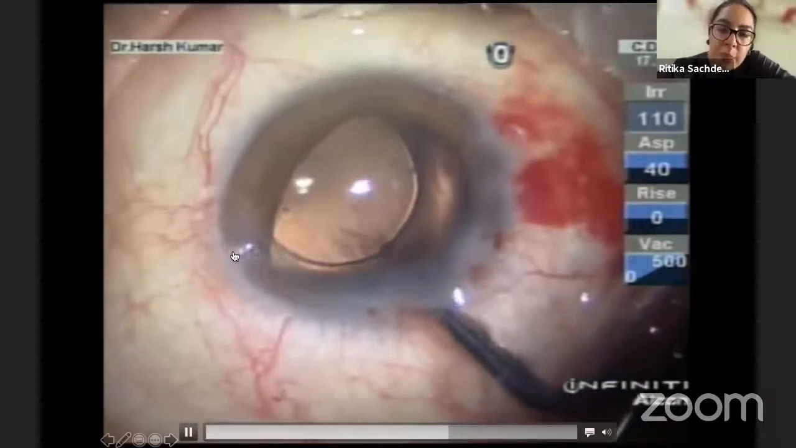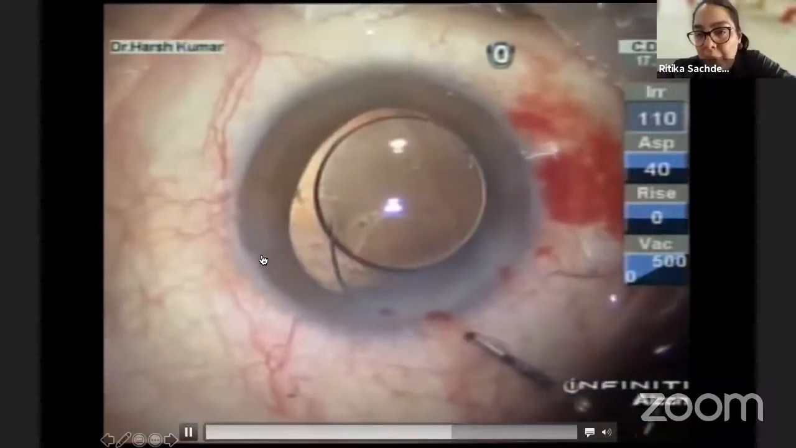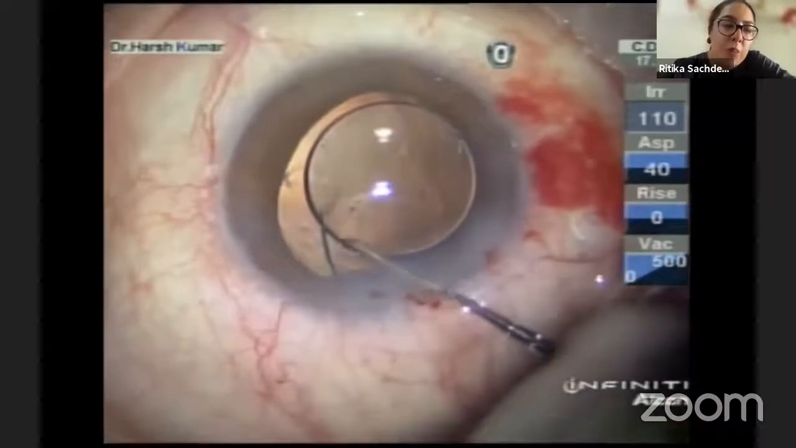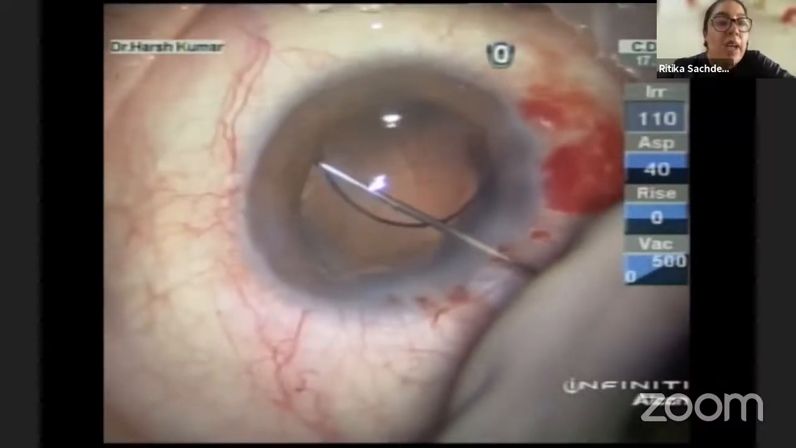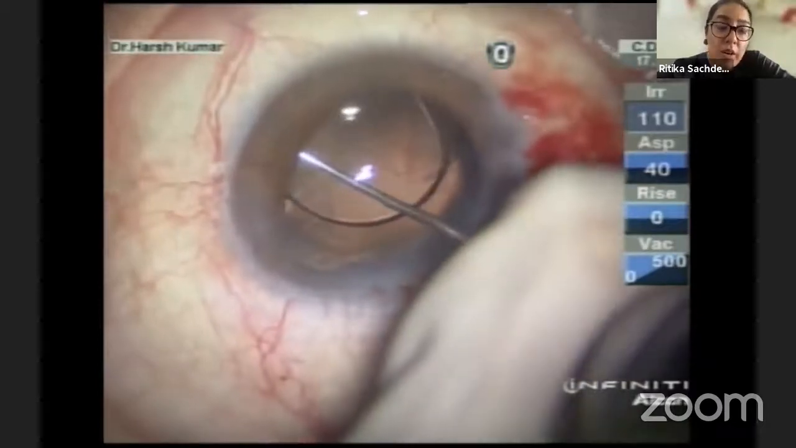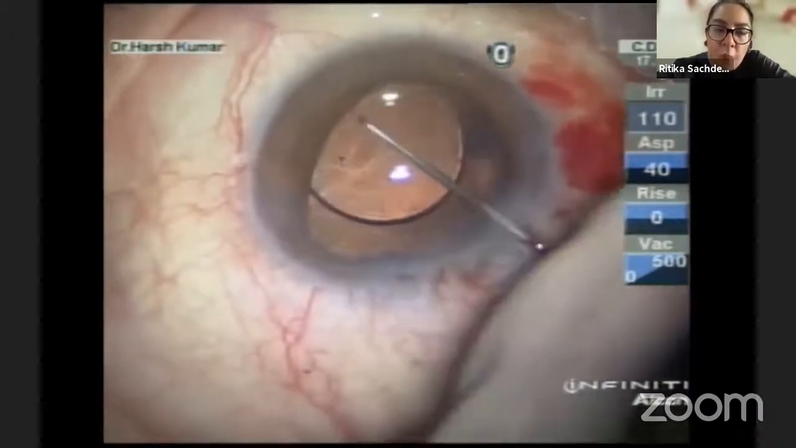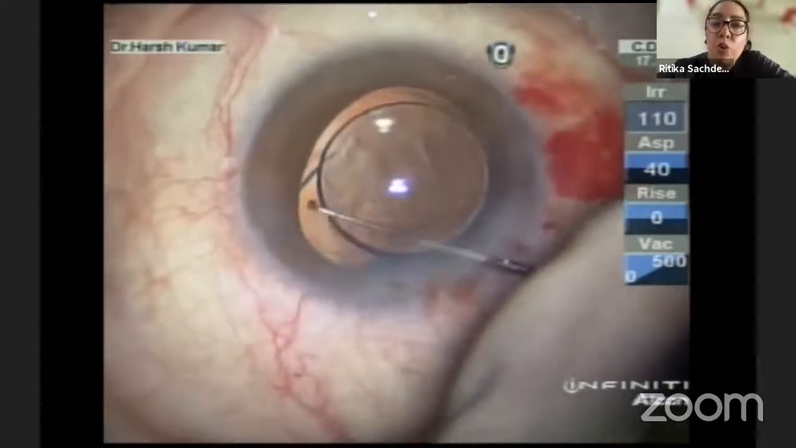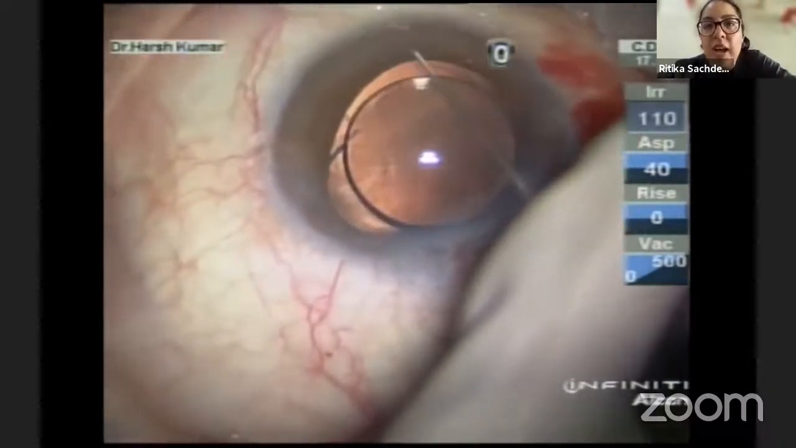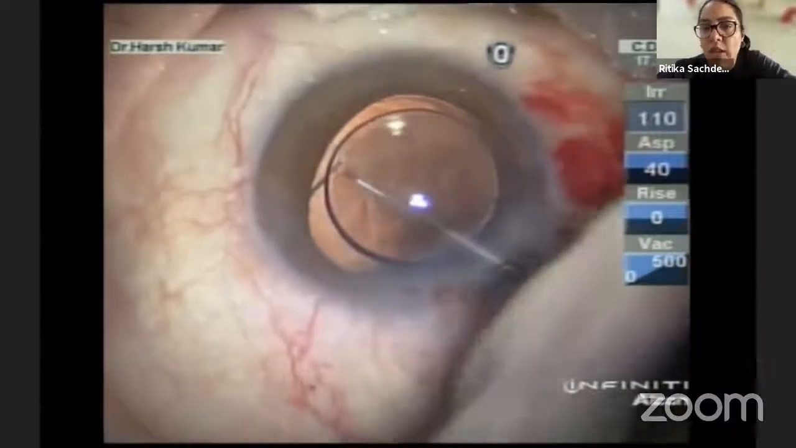If you put a single piece IOL in the sulcus, the thick haptics will rub across the iris, cause pigment dispersion, risk uveitis and glaucoma, and inflammation in the eye in the long run, leading to complications like CME and endothelial damage and glaucoma. So do note that a three-piece IOL is the IOL of choice in all cases with